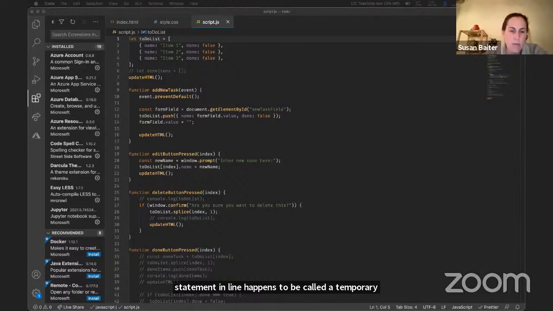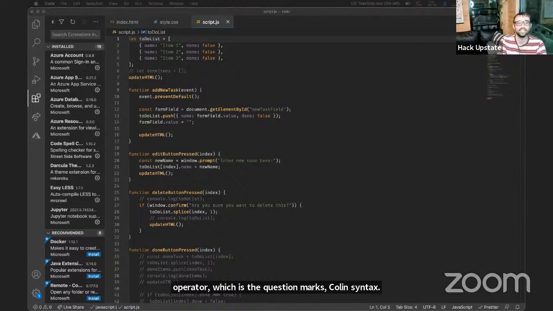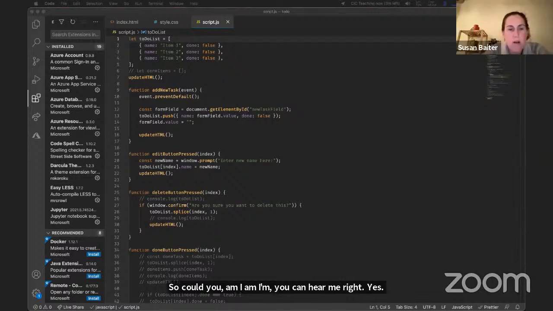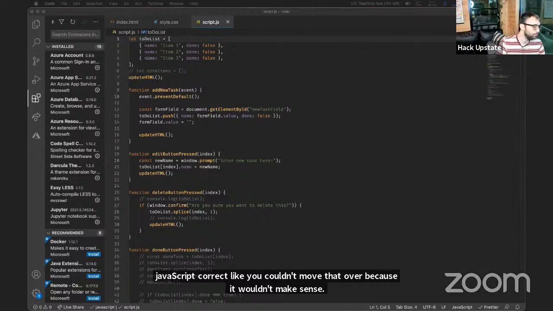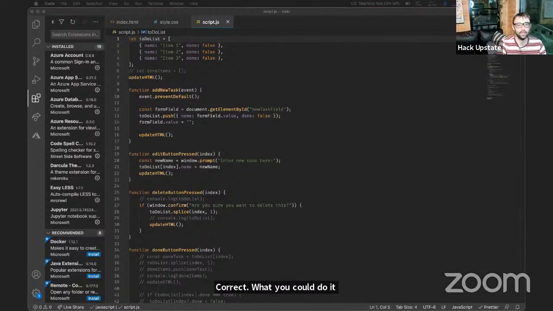Could you, you can hear me, right? Yes. So if you wanted to not have the CSS here, and you put it only in the CSS sheet, then you would still have to have that question in JavaScript, correct? Like you couldn't move that over because it wouldn't make sense. Correct. What you could do if you wanted to not inline the style,